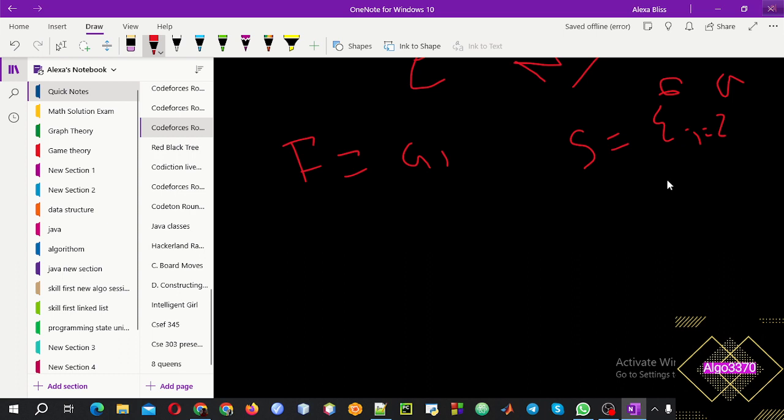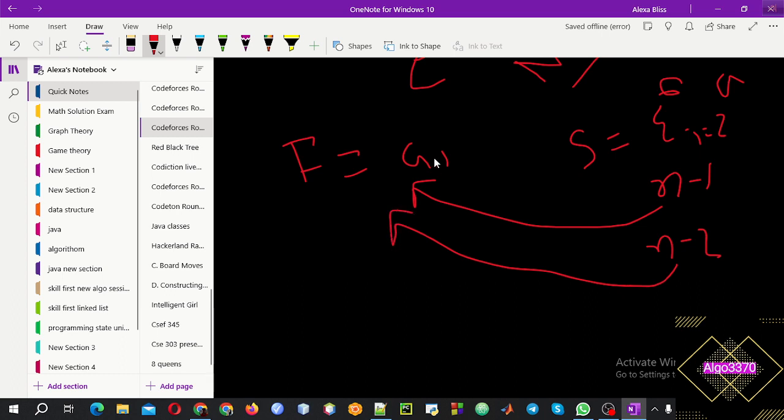That means at the first time the n minus 1th element is picked from here and put here. On the next step, the n minus 2th element is picked from here and put here. Check both of their parity, whether it is the same or not. If not the same, we'll continue this process. And at the final state, when the second portion has only one number, then we will check